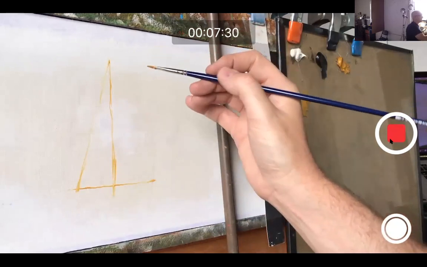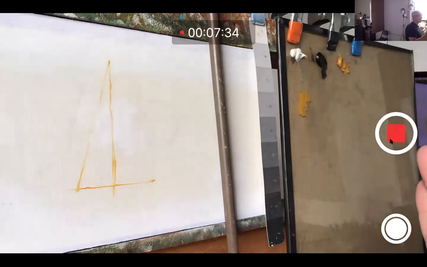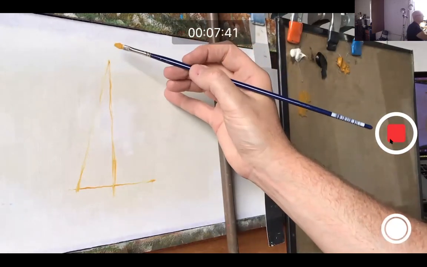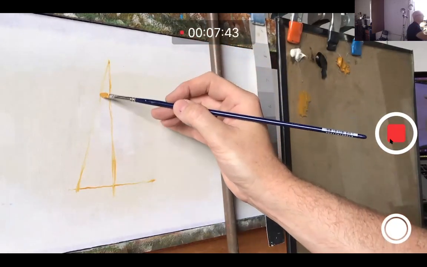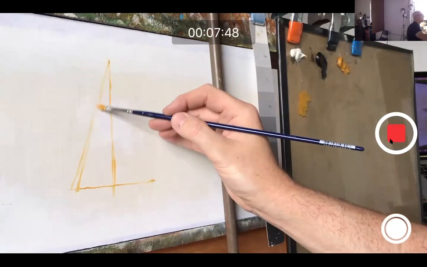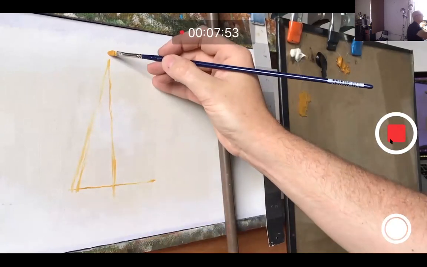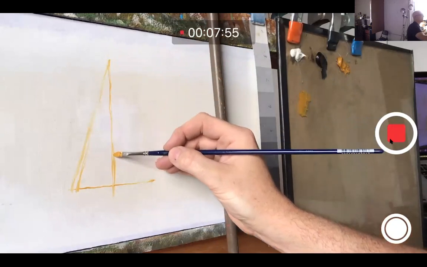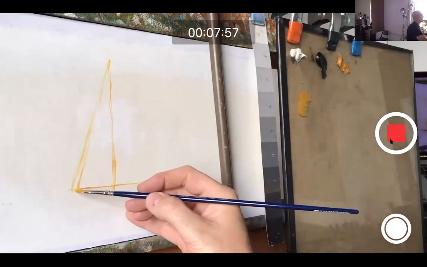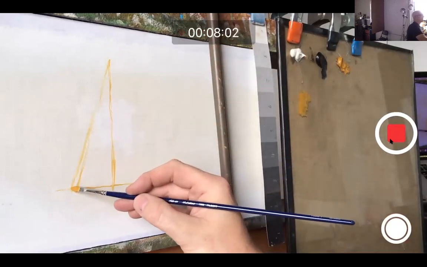Because I know that the cone is vertical, right? The center line of the cone is vertical, so I want to draw it so that it reads as vertical. And I know that a cone is a symmetrical object. In other words, one half of the cone is perceptually the same as the other half. So I'm going to set up that underlying vertical axis and an underlying horizontal axis to guide me